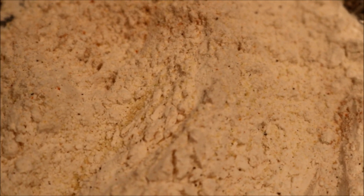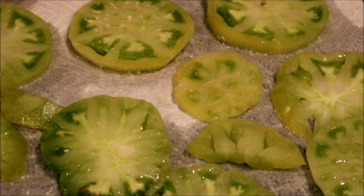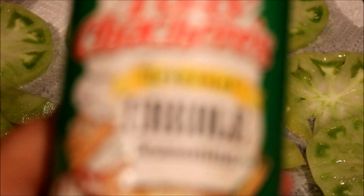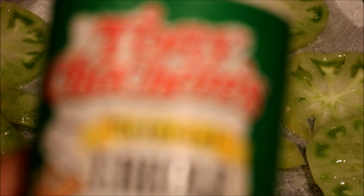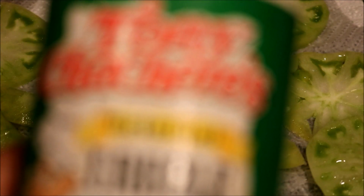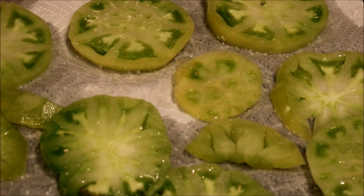Okay guys, and I have about a cup of flour, and I just sprinkled garlic powder, onion powder, and I put a little bit different of what a lot of people do. I put this Creole seasoning in there in the flour, and then